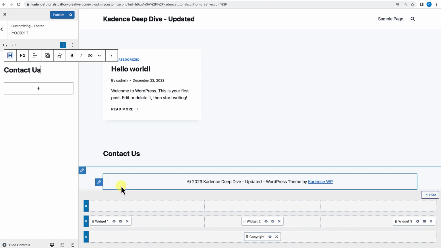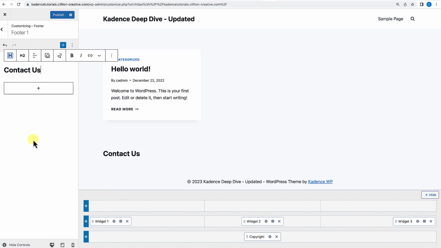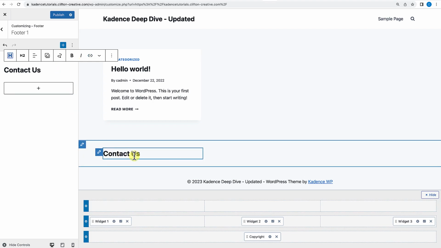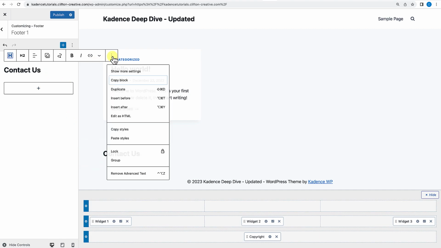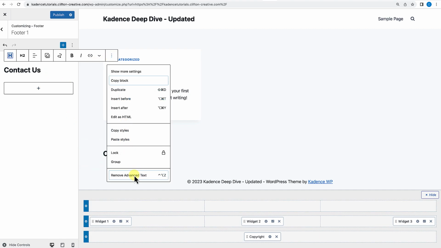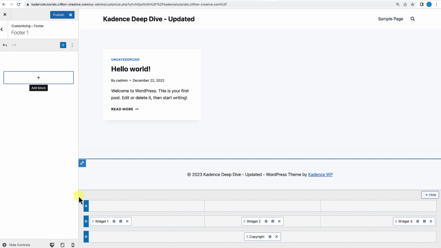And the reason I recommend that is that this space is really too small and you're not actually seeing the full interface for adding the Gutenberg blocks or the Kadence blocks. You do have this short menu over here, but there are actually more settings that will allow you to customize this a little bit further. And so typically what I recommend is not doing your additions here in the customizer for your widget areas for your footer,